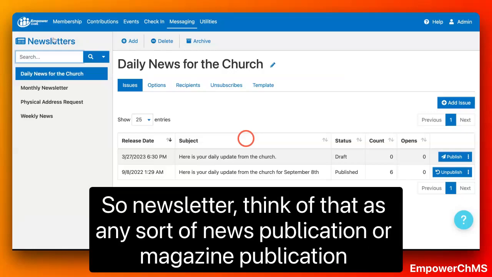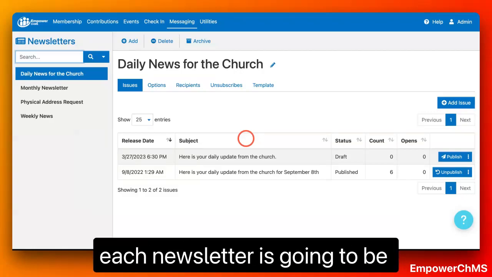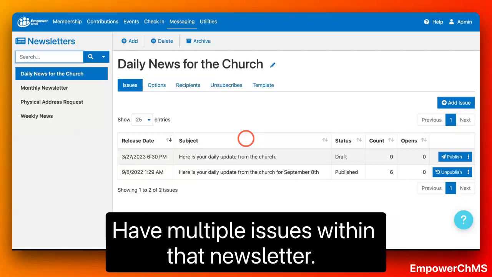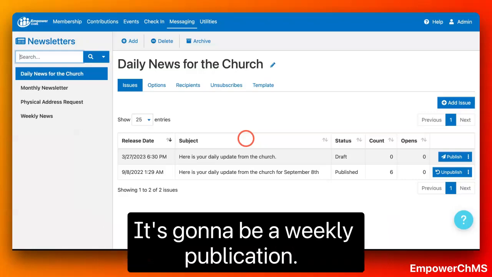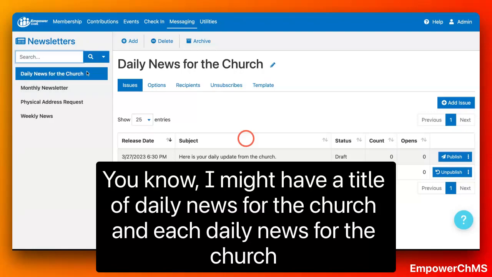So newsletters, think of that as any sort of news publication or magazine publication where you have each different newsletter that you want to send out on a recurring basis. Each newsletter is going to have multiple issues within that newsletter. So think of a newspaper that's going to be a weekly publication. You can set that up so the newspaper might have a title of daily news for the church, and each